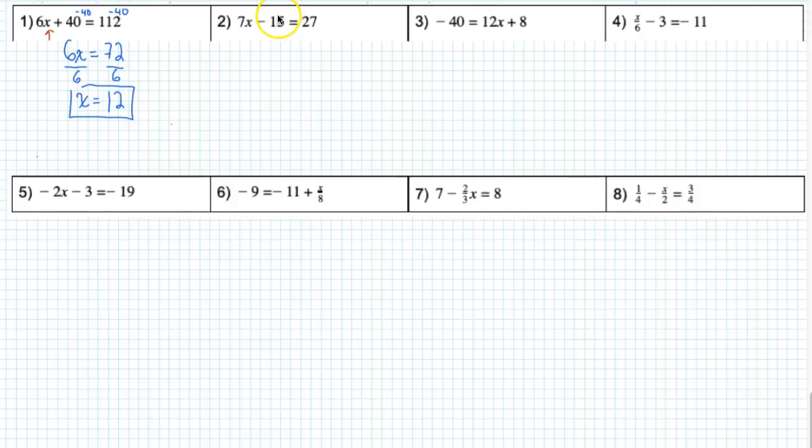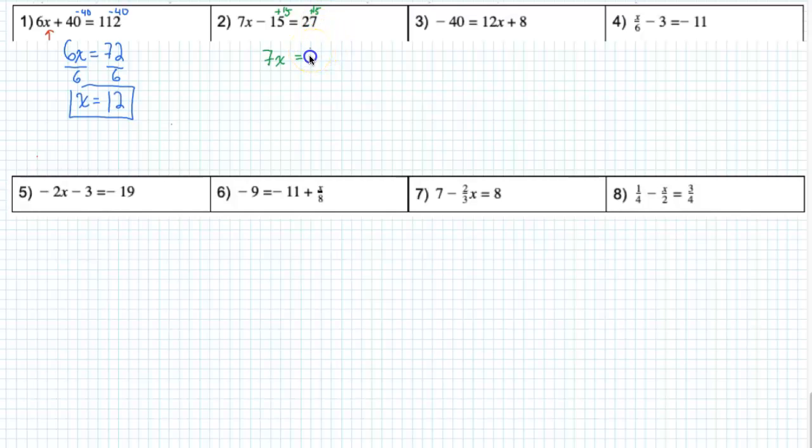If I add to undo this subtraction, I'll have 7x, which is getting more isolated, where I want to go. So if I add 15 to both sides, that will undo the subtraction, or that could become 0, I guess. So 7x is equal to, if I add 15 here,